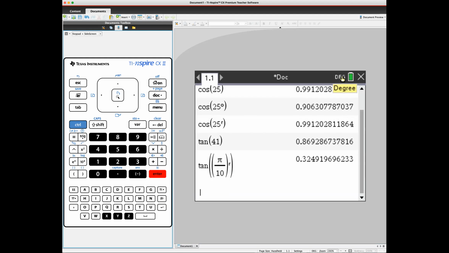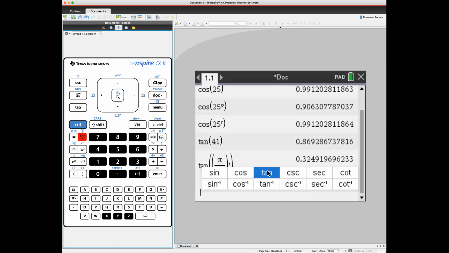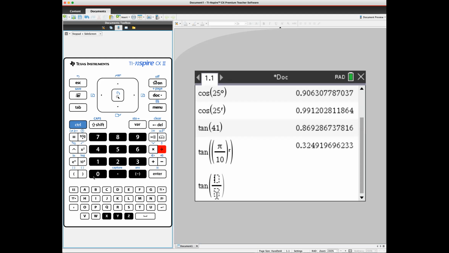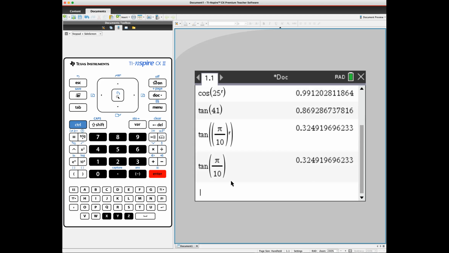Let's confirm it. Let's put the calculator in radian mode. I think it's probably easier to do it that way than force the units to be radians. So tangent, I'll put in the division template, and then we can do pi over 10. Now my calculator will think that the units are radians. And notice the calculator won't know: if you put pi over 10 and it's in degrees, it doesn't know that this is a radian measure as a multiple of pi. So the answer to this problem is